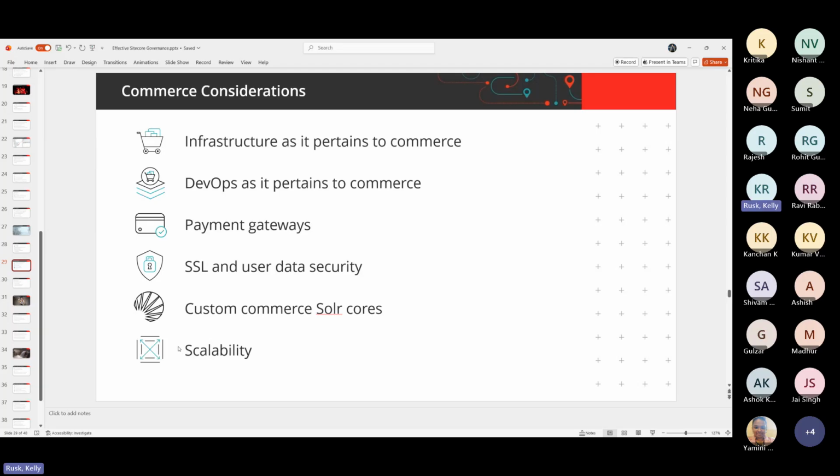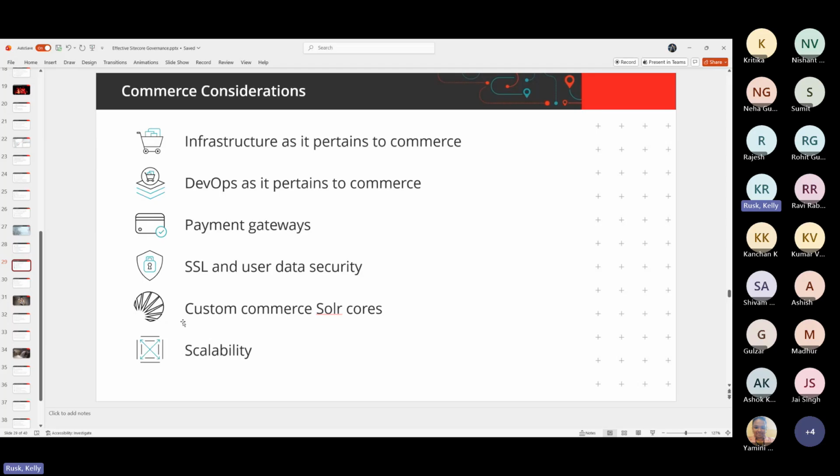And scalability. What happens if you run a Super Bowl ad or a big ad for soccer or cricket, right? You've got a big cricket tournament, you advertise and you get a lot of users coming to your website. You're unprepared because you didn't write down your scalability and how you'd approach it. So again, all these things that I'm preaching about today is to get you motivated to say, yes, I'm affected by this.